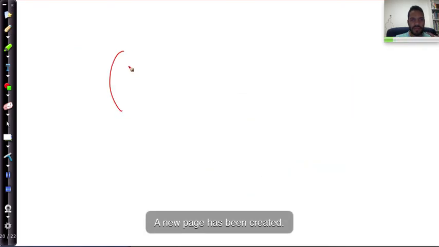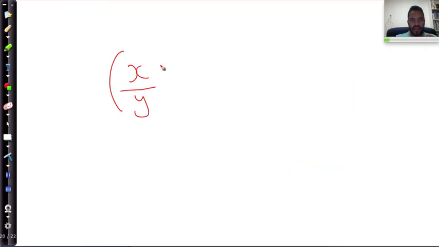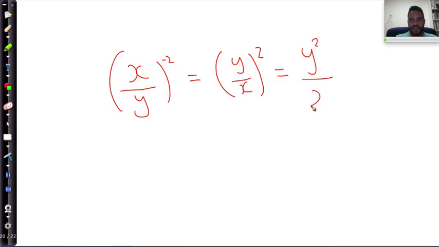Final example, what about x over y to the power of negative 2? It's just going to be y to the negative 2 over x to the power of positive 2, which is just really y to the 2 over x to the 2. Okay,